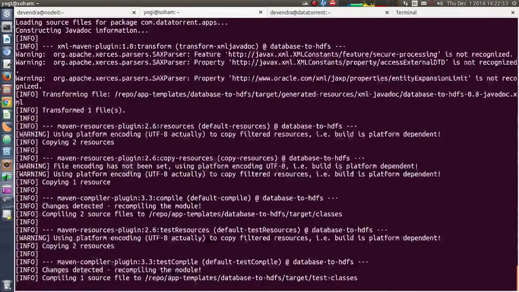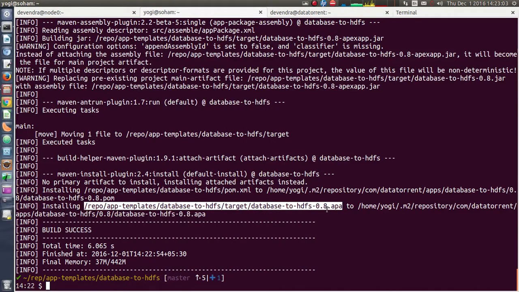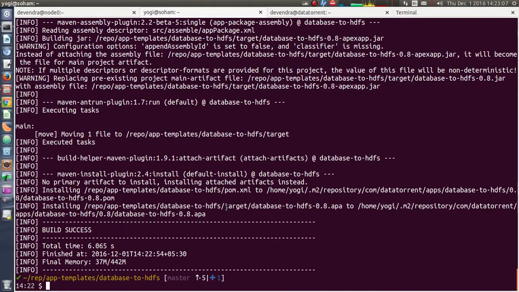This will compile all the Java sources and create the application package under the target directory. The application package file will have an extension called .apa.